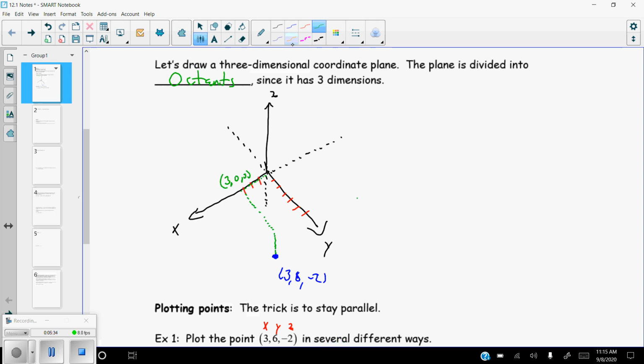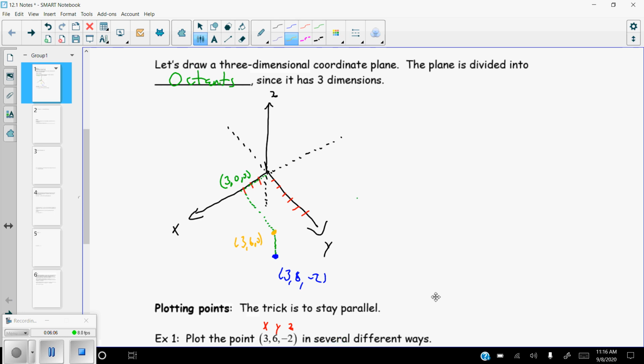And then we came out to this point right here. Whoops, supposed to be a different color. Came out to that point right there. And this point over here would be the point 3, 6, 0. And then we went down from there 2 units. Now what I'm going to tell you is when we go to graph these things, the easiest thing to do, or actually the best way to do this, is to make sure whatever value you're trying to do, you stay